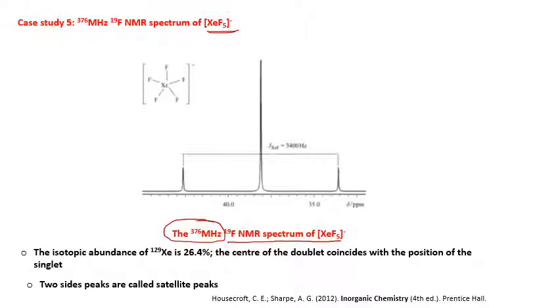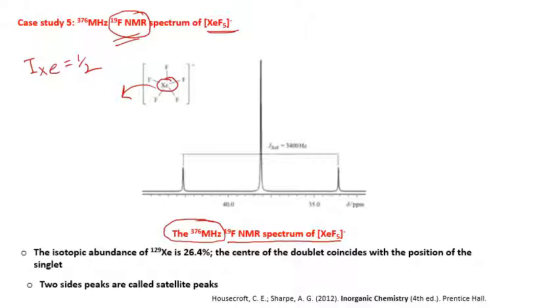So you want to understand and record that NMR. For that, what is important is the nuclear spin of the xenon atom. What is the nuclear spin of the xenon atom? You have to know the I value of xenon, then only can you calculate the splitting and other things. Both fluorine and xenon have NMR active nuclei. The I value of xenon is equal to 1 by 2,